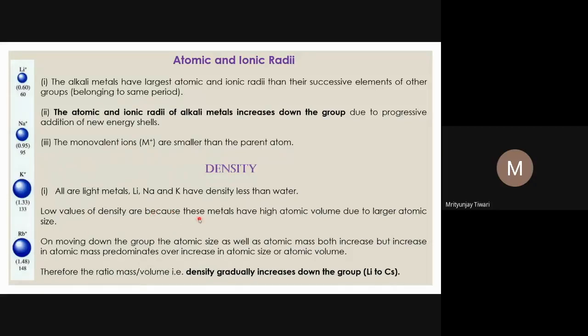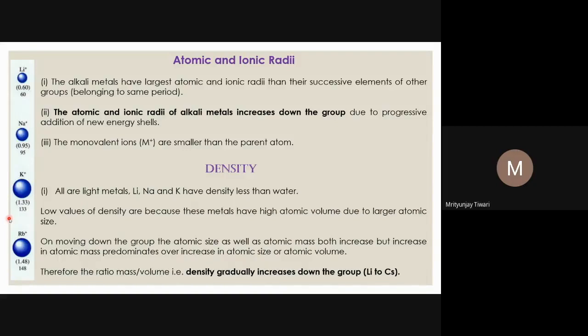So the low values of density are because these metals have high atomic volume due to the larger atomic size. On moving down the group, the atomic size as well as atomic mass both increase. However, the increase in mass is dominant over the increase in size. Why? Because as